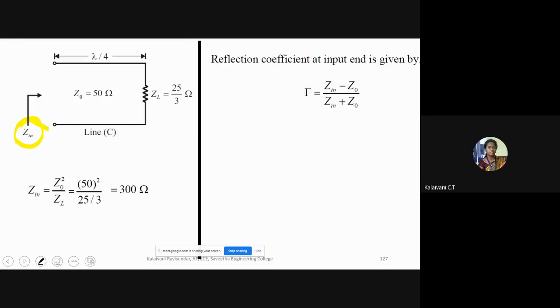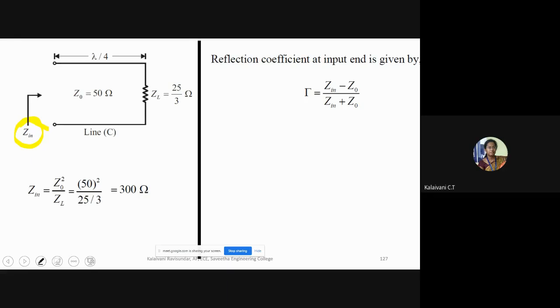So the equation will be Zin minus Z0 divided by Zin plus Z0. Why this? You have to remember our transmission line is a symmetrical network plus bidirectional. Since it is a symmetrical network, input will be equal to output and output will be equal to input. It's bidirectional. So reflection coefficient at the input: we know what reflection coefficient is. Some part of the input, output will be reflected to the input. Again, that will be reflected to the output. That will cause the standing wave at last.